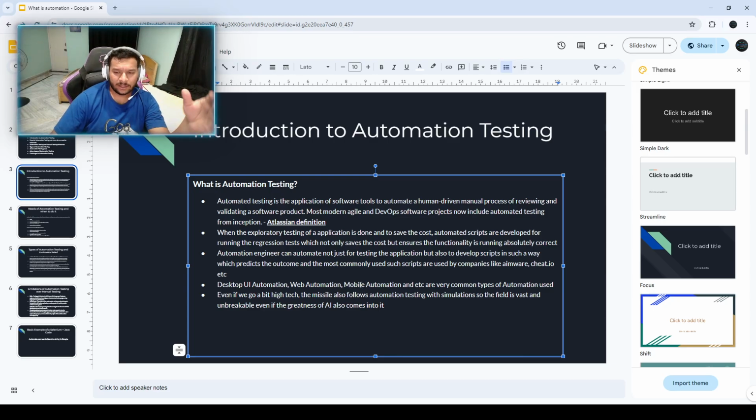I've mentioned that. There's one thing that is missing: API automation that I've done other than these three. I haven't done RP, I haven't done missile. Even if we go a bit tech high, the missile example that I've given you is also something that is happening right now. So the missile also follows automation with similar, so the field is vast and unbreakable,